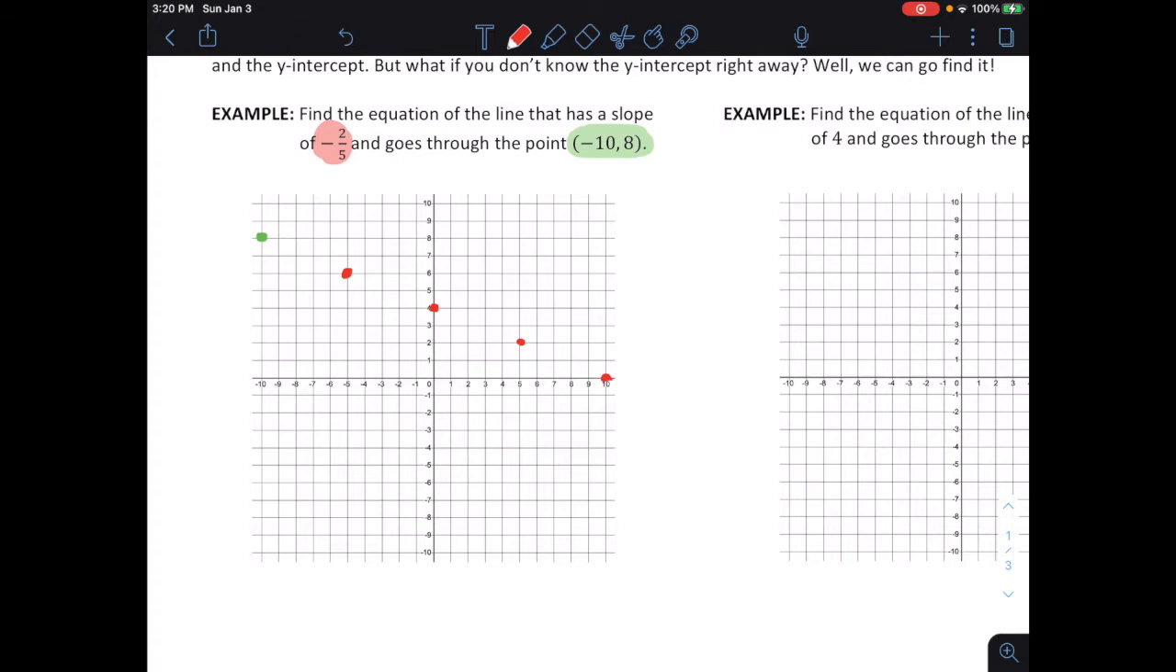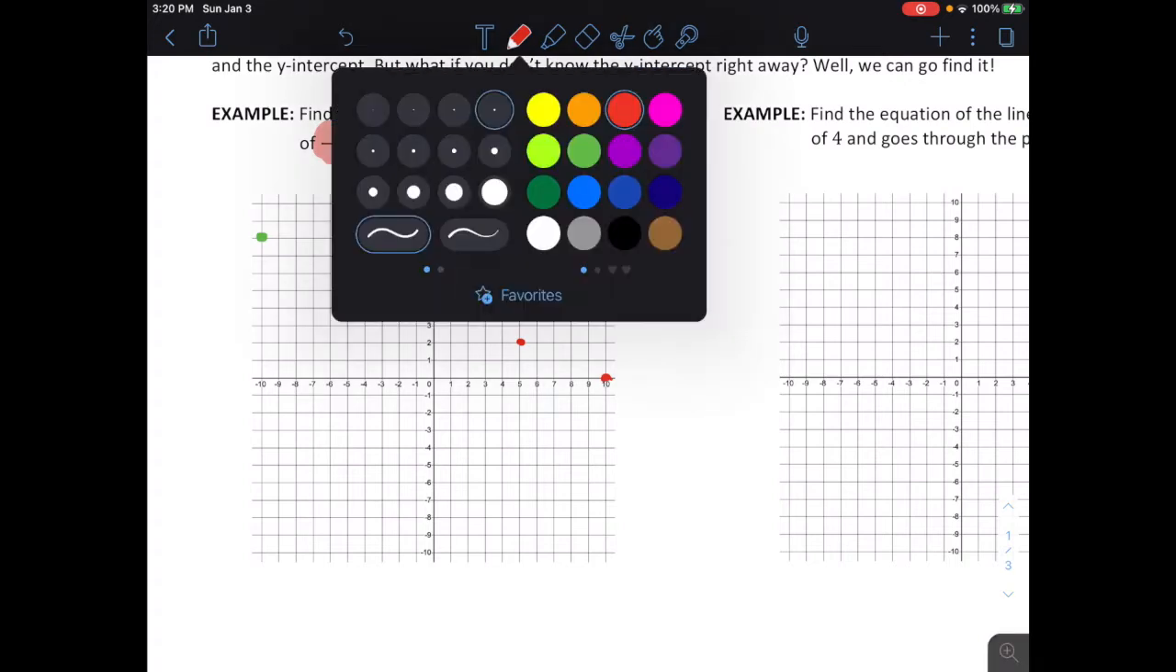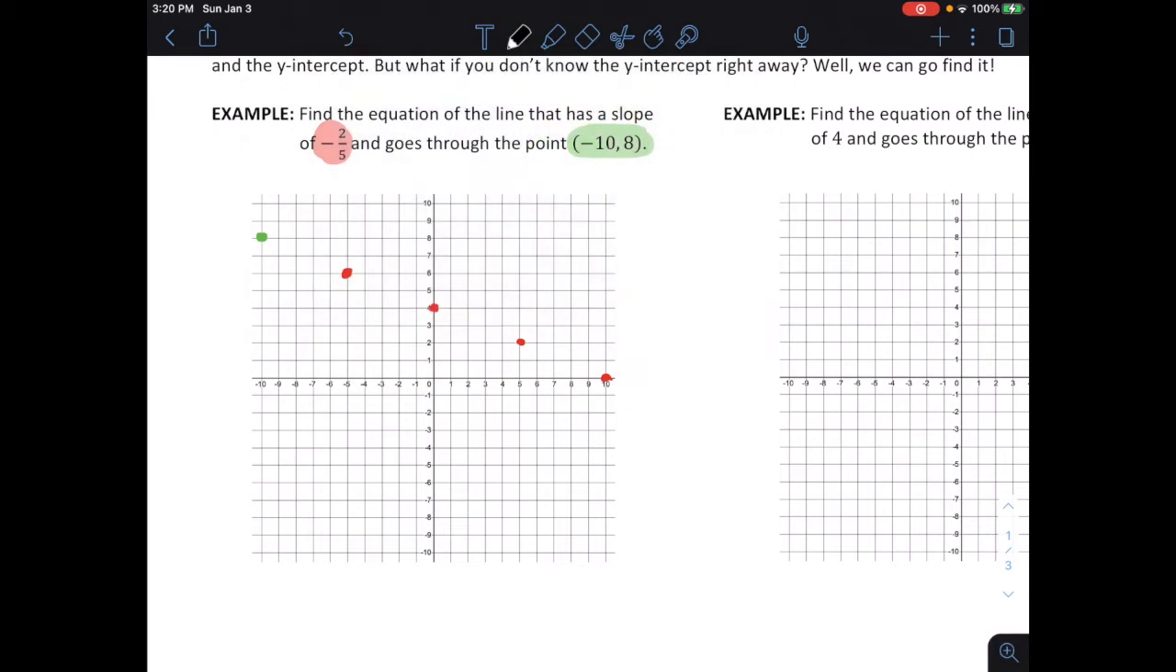Okay, so the really important thing that we discovered here is that our y-intercept is 4. So we know that b is 4. And we already knew that the m, or the slope, is -2 over 5. So all we have to do now is write the equation of the line in y equals mx plus b form. So we're going to always do y equals mx plus b, and just replace the m and the b with what we know. So we have y equals